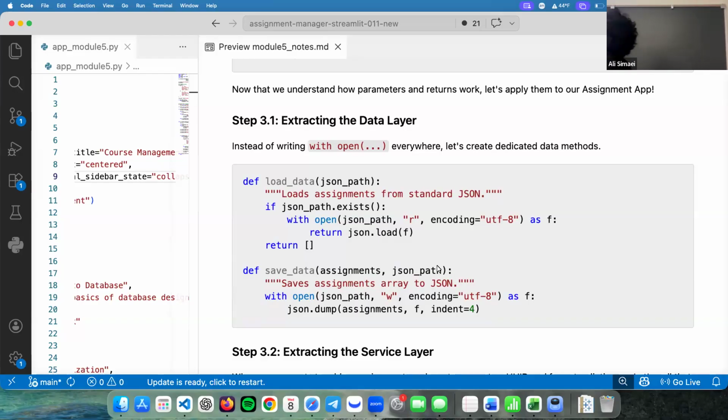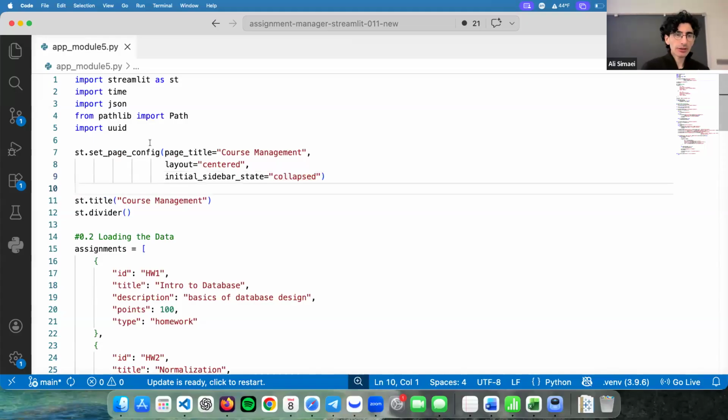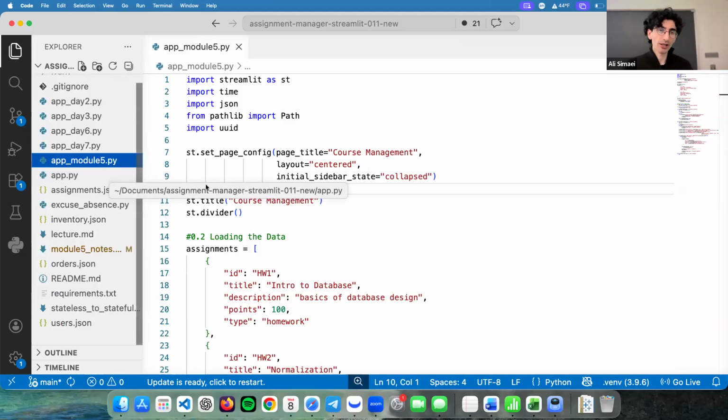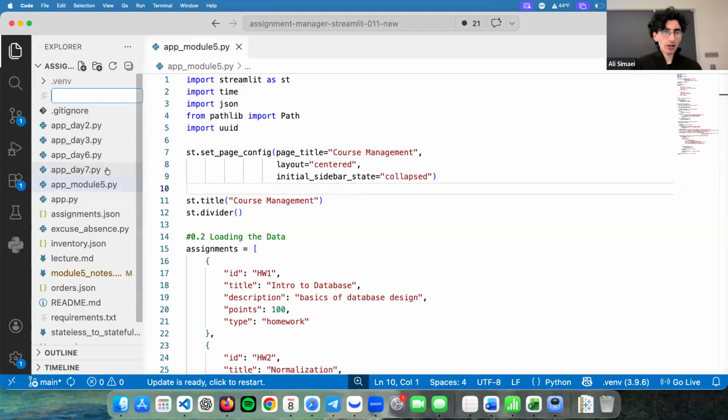We wanted to start from here. We want to start refactoring. The first step is we want to extract the data layer. So I actually want to take a step which I should have done also in the prior session. So let's create a new Python file here, app